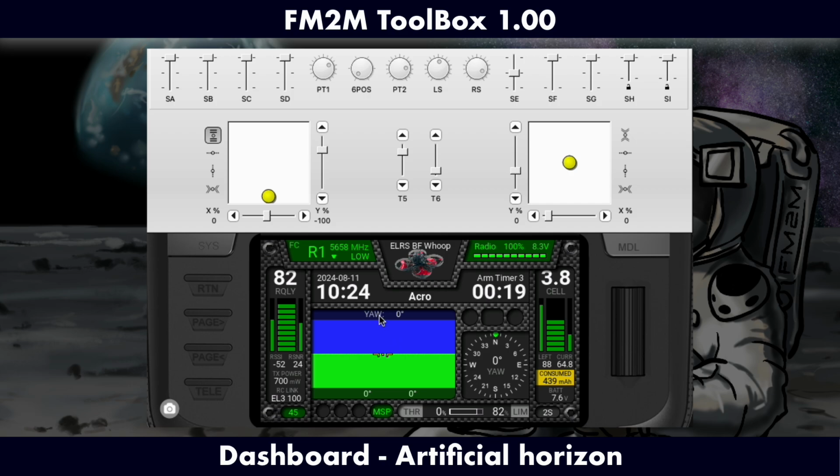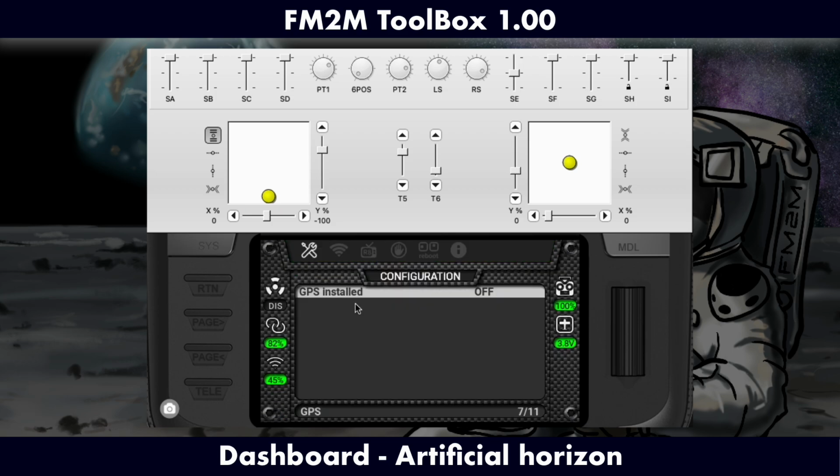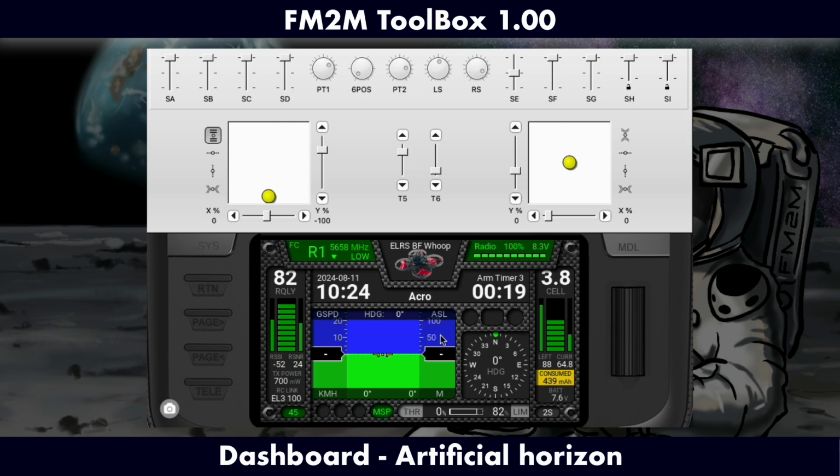Of course, if this is set and this is transmitted through the telemetry. There are RC link protocols that are transmitting this data, like ELRS, TBS, and there are some that do not. So if they do not, this artificial horizon will be inactive. Okay, let's go back and switch the GPS on to show you some